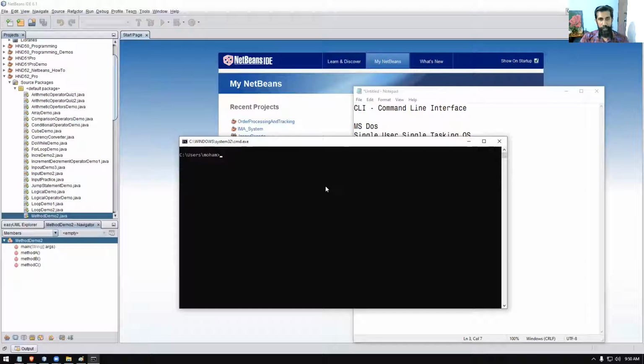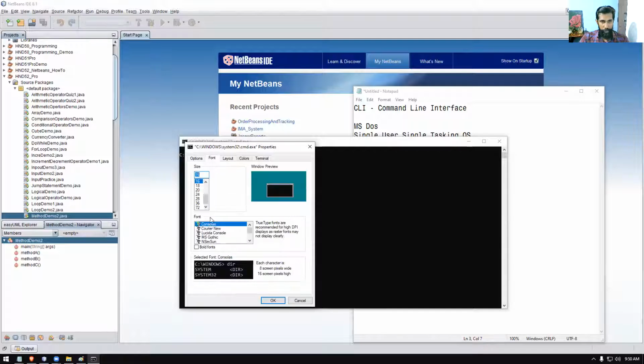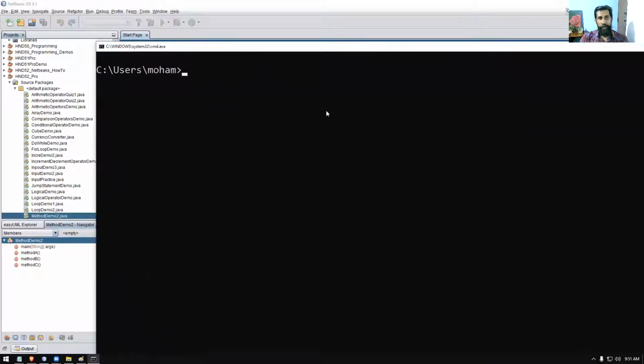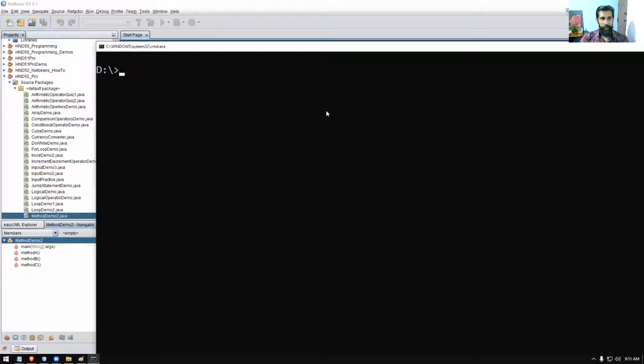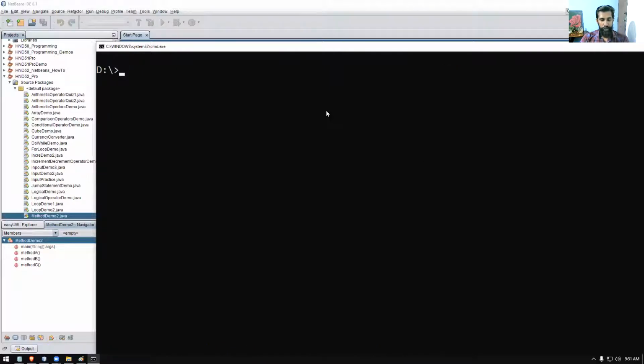For example, if I want to check the time, let me see whether I can increase the font size there. There are not many options, right? Okay, I just increased it. I hope you can see that. If I want to go to my C drive, I just type a command like that. If I want to go to the D drive, I type like that. If I type ls, that works because I have installed those commands. Usually you type cls to clear the screen. If you type dir, it will display all the directories, right? So it's my personal folder.